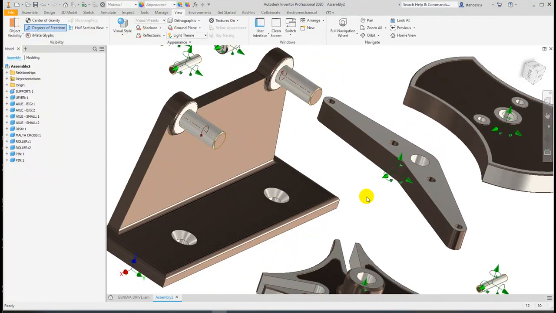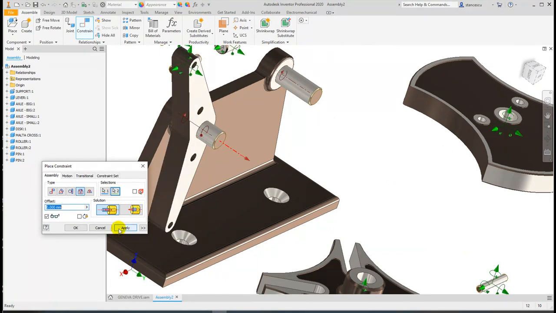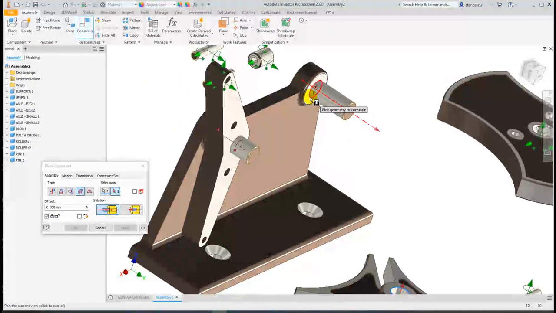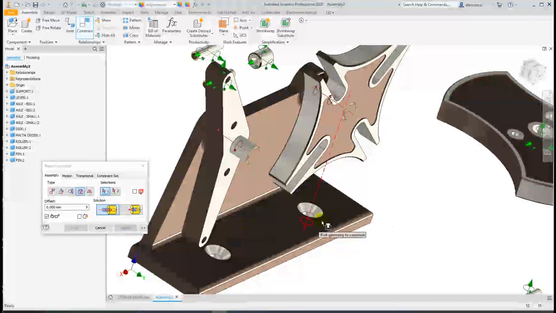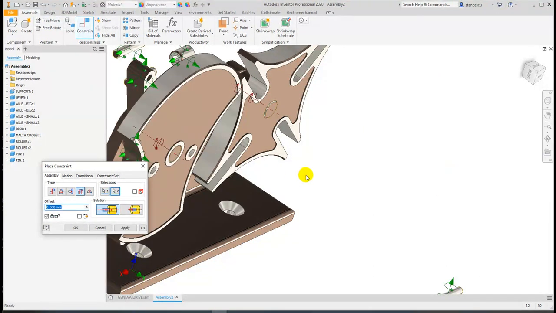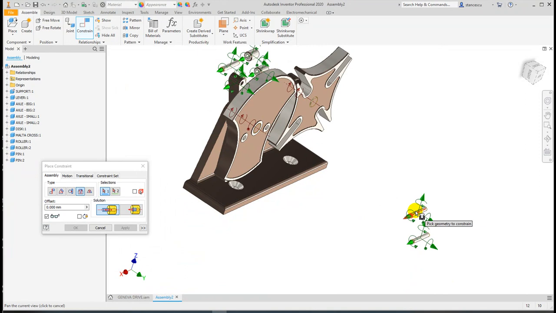Now let's go speedy. I put the lever here, on this position. Assemble, constrain, insert this here. Apply. The Malta cross, insert here. Apply. The disc here comes here. Apply. And now this axle,